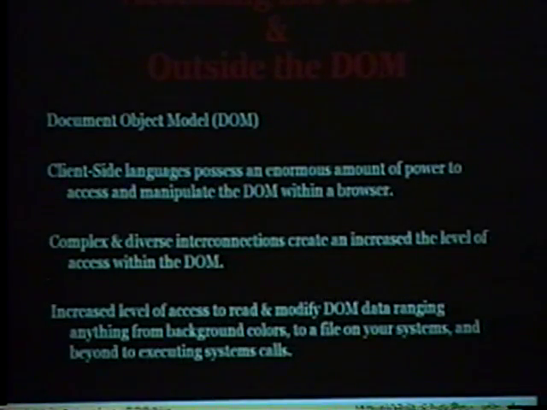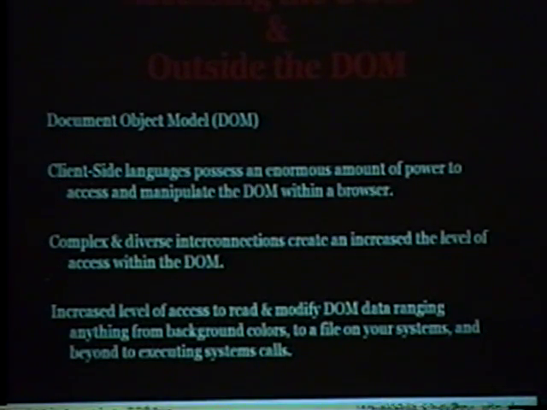So when I say DOM, it's actually Document Object Model. The W3C, is it? Put out all types of proposed methods to manipulate the DOM to give these client-side languages access to the document object model to manipulate them. Everything ranging from colors, links, location, browser type, system type, to change and modify just about everything in the whole system. And it's been up to the browsers thus far to try to secure the interaction with that document object model. But sadly, they've done a pretty poor job in doing so. So we're kind of at the mercy of these client-side scripting languages.